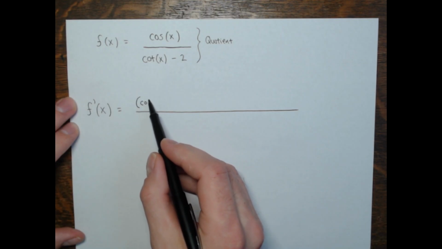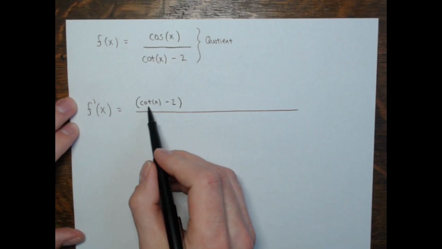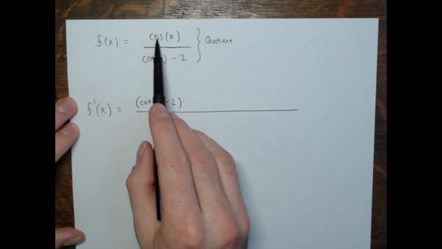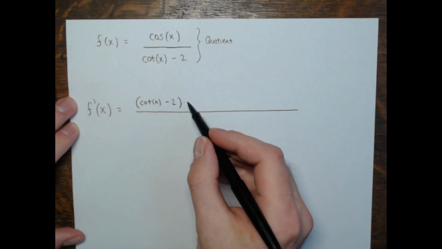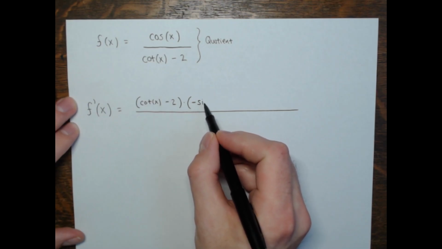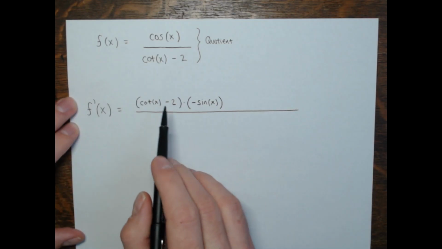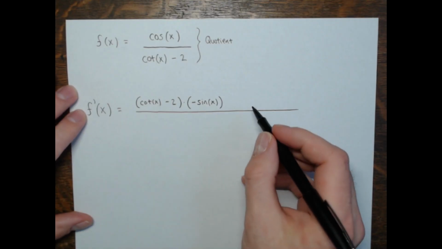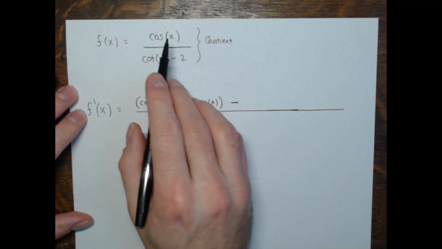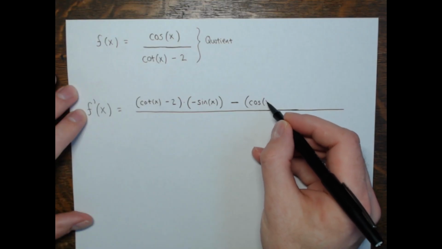So this whole cotangent of x minus 2, that whole thing, times the derivative of the numerator. The derivative of cosine is negative sine, or the opposite of sine. So negative sine of x, opposite of sine of x. So there's denominator times derivative of the numerator. Then minus, then the numerator, so the cosine of x, just cosine x,